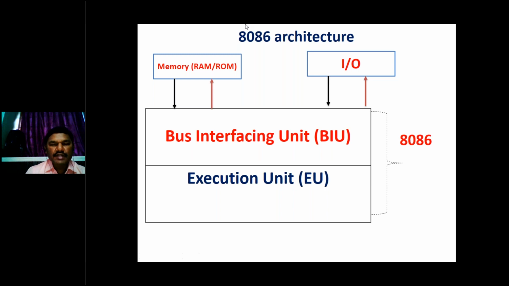This is the complete computer, but this is the architecture of 8086, you can see here. The 8086 architecture has been separated into 2 units, but this kind of nice architecture is not there in earlier microprocessors like 8085, 8080, 8008, 4004 and 4040. Right, this microprocessor should be in relation with IO and memory, that's why I have given IO and memory as external.